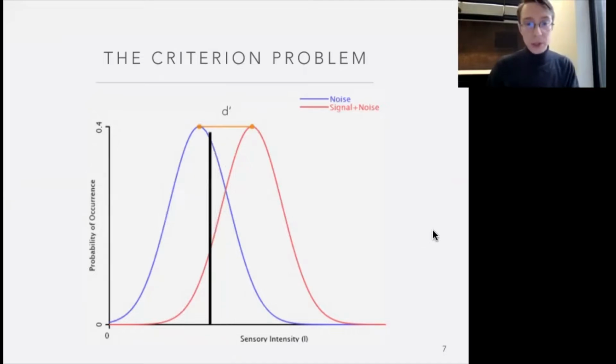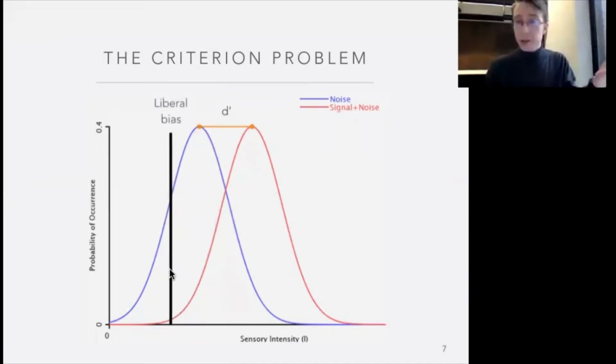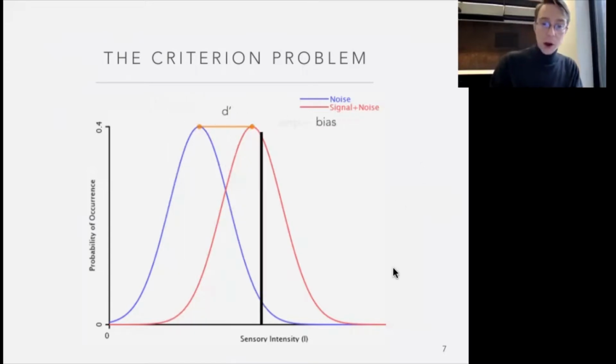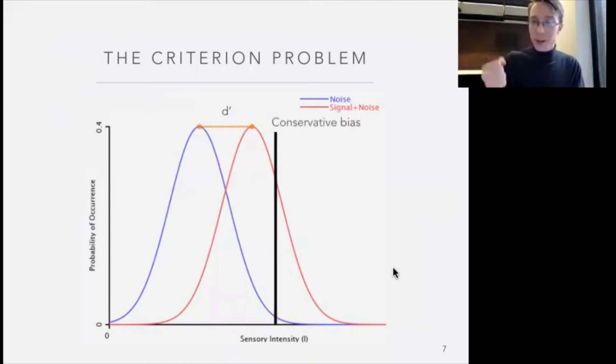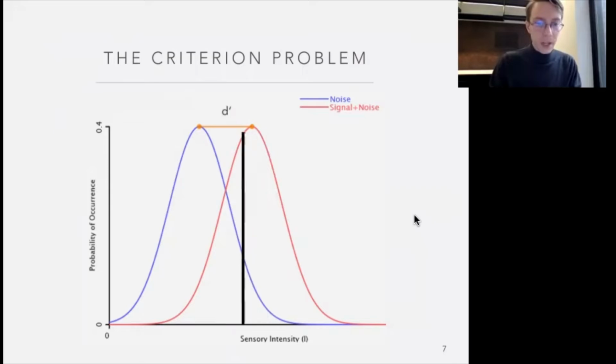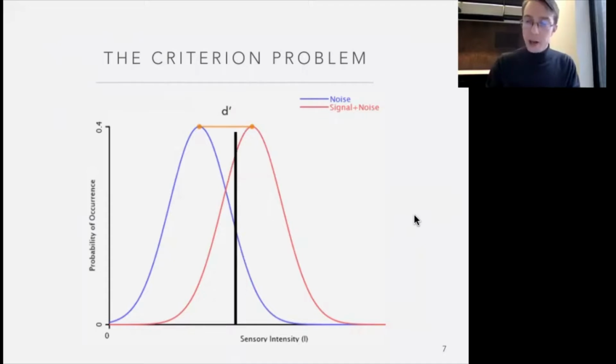But unfortunately, people can be biased. Some people don't need a lot of sensory evidence before they answer seeing the stimulus. They have a liberal bias, they are liberal observers, and other participants need a lot of sensory evidence. It's like they don't really want to say that they see the stimuli, and so they have a conservative bias. It will need a lot of sensory evidence for them to say that they see the stimuli. Now, it turns out that people working on signal detection theory have often observed that as perceptual sensitivity goes down, so that's measured by D prime here, which measures basically the distance between those two distributions.